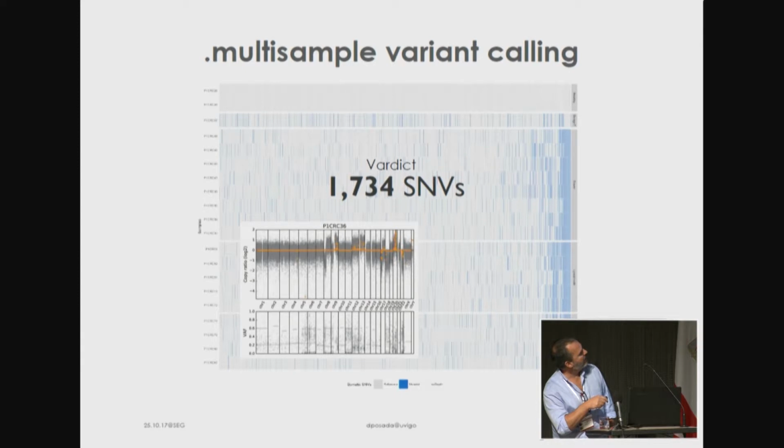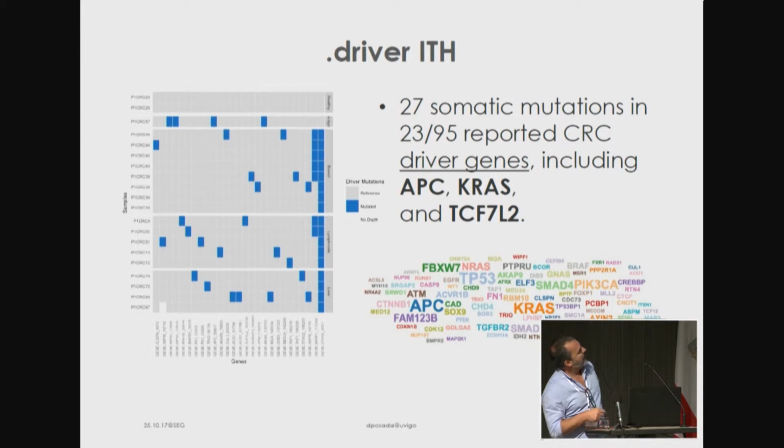We just want to focus on single nucleotide variants, because there we do have statistical models to understand the evolution of A to C, A to T, A to G, okay? And basically, we just get rid of copy number variations, like here, here, there, and there. And at the end, we have a golden set of almost 2,000 single nucleotide variants, okay? For this data set. Here, just as a sanity check, we check that we find mutations in the expected genes, in the driver genes. These are the driver genes for colorectal cancer.